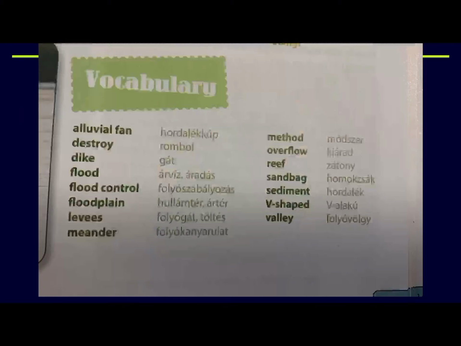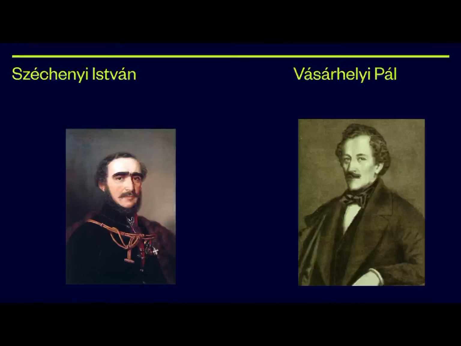Some more keywords here: alluvial fan, destroy, dike, flood, flood control, floodplain, levees, meander, method, overflow, reef, sandbag, sediment, V-shaped, and valley. And Count Széchenyi and Vásárhelyi Pál were the two Hungarian men who decided about flood control in Hungary,